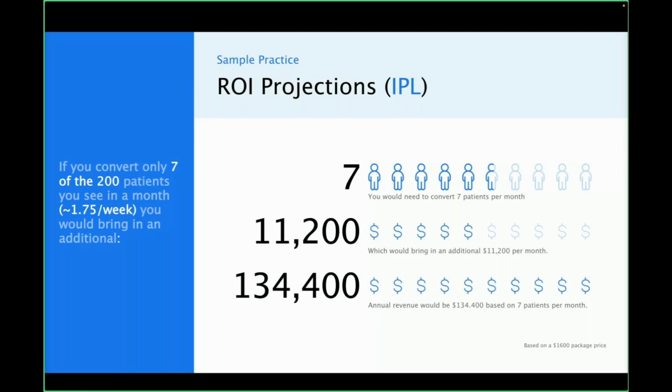So the numbers work with this. Now, what's not considered in this is, what did you pay for the equipment? What is your monthly payment? Some of those things. And those are numbers you can work through. This is a quick and easy way for you to figure out, based on the number of annual exams you do in a month, how many patients would I need to convert? So you have some idea of what that looks like.